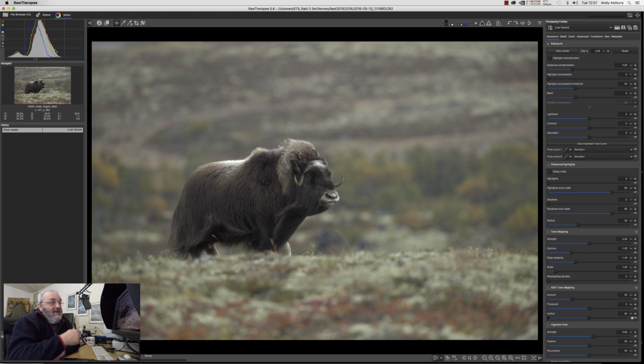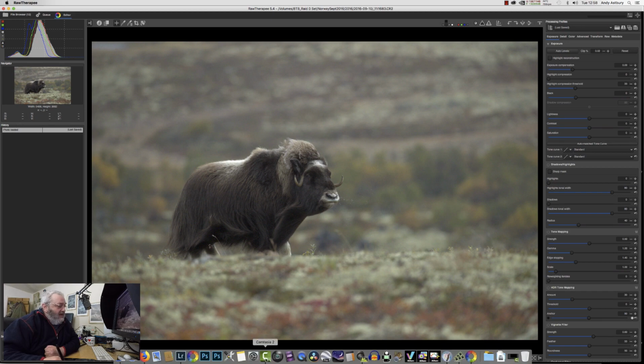So if we clip a stop or 2 stops of dynamic range off the camera's base ISO dynamic range when we shoot at 16,000 ISO, then you can safely say that you've lost more in your highlights than you have in your shadows. And so if we try and expose to the right, which is what we were doing here,